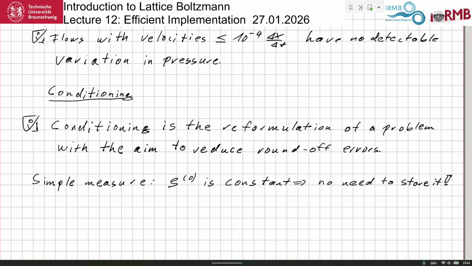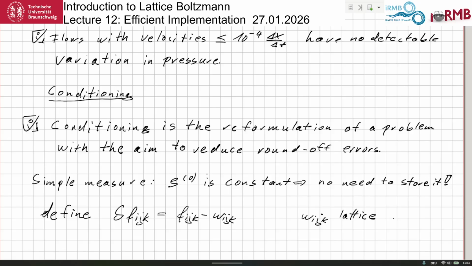So let's remove this. What we're doing is we define something else. We have a delta Fijk, which is Fijk minus Wij, and this Wij is the lattice weights